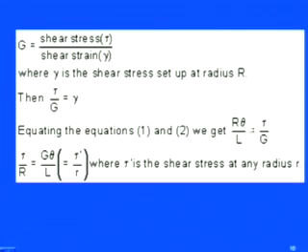So this relation is valid for the outer radius. But if you are talking about the inner radius, or any radius at r dash, we can say that tau dash by small r, where tau dash is the shear stress at any radius small r, is equal to tau by capital R. Recently we have shown that if we have a solid shaft with only one radius R, the shear stress is tau. So tau by R is equal to G theta by L,